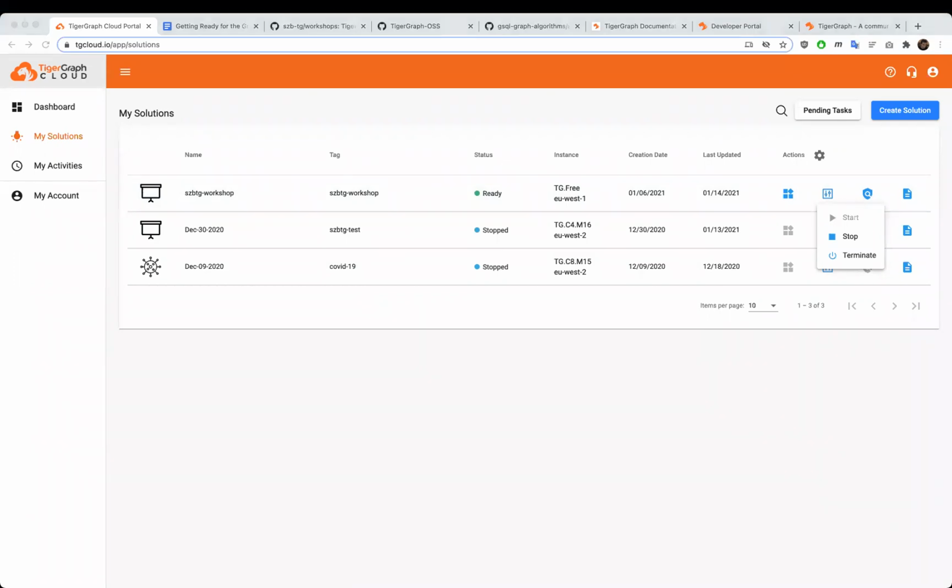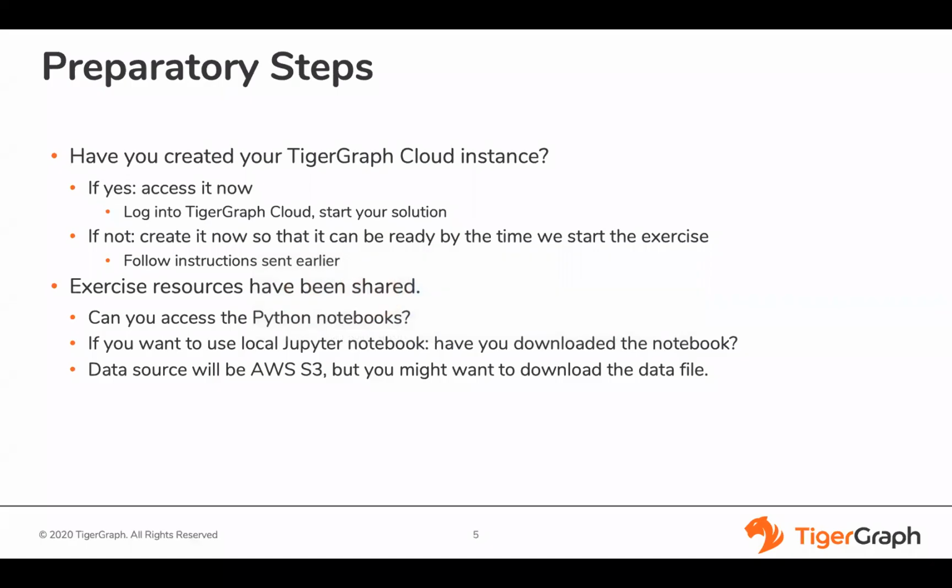As mentioned in the email sent to you, we will use two Python notebooks during this workshop, hosted on Google Colab. One will be used to set up your graph in the database around halfway through the session. The other provides the data science content that we will work with in the second half of the workshop.